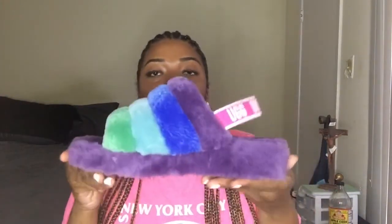And yeah, so these are the first ones I got. I think these are gonna be my favorite because they're on the darker side, so they're not gonna get as dirty. But let me see the other one for y'all and just show y'all. Yeah, these bad boys are cute. I'm really excited to wear these. You know, my poor Fenty slides, I know they ready for a breather, so these are definitely gonna come in handy. And yeah,